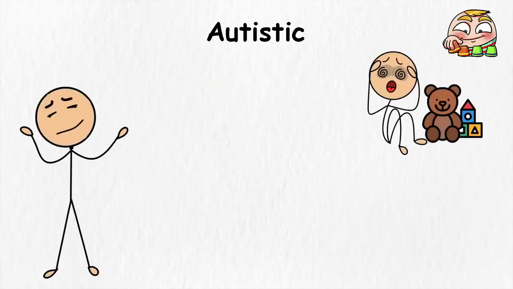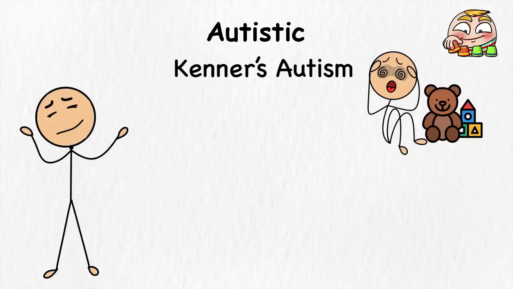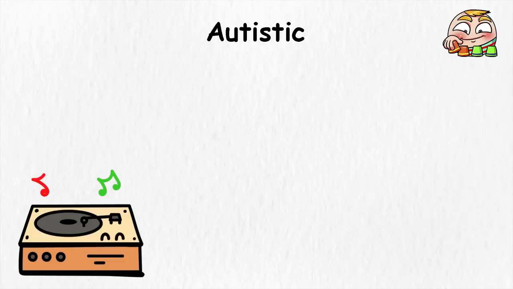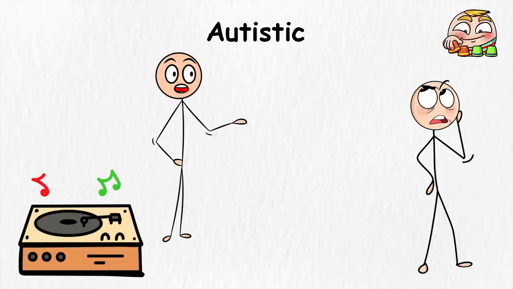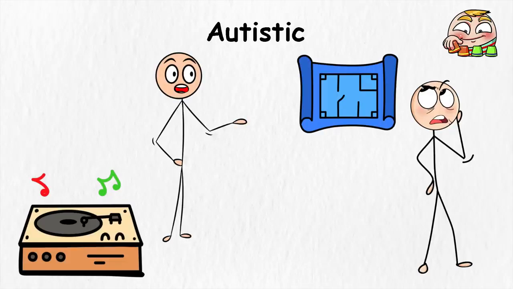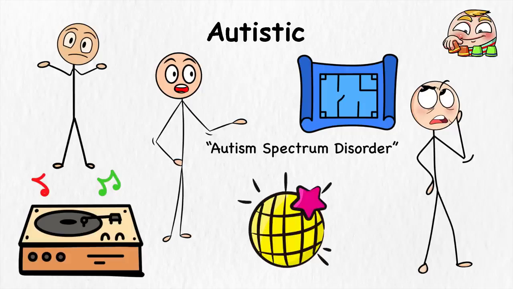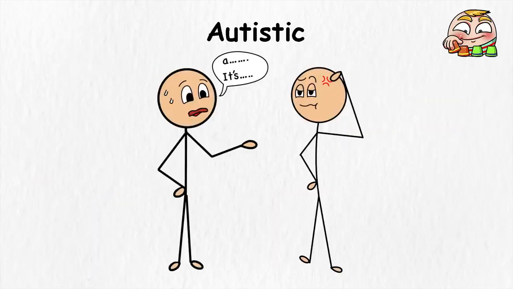Classic autism, also called Kanner's autism, which was named after Dr. Leo Kanner, who first described it in 1943, is like the vintage vinyl of the autism spectrum, aka where it all started. Think of it as the OG blueprint for autism diagnoses before terms like autism spectrum disorder became the umbrella phrase we use today. One of the key characteristics of classic autism is a different style of communication.